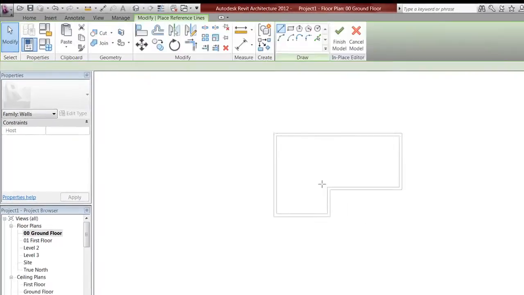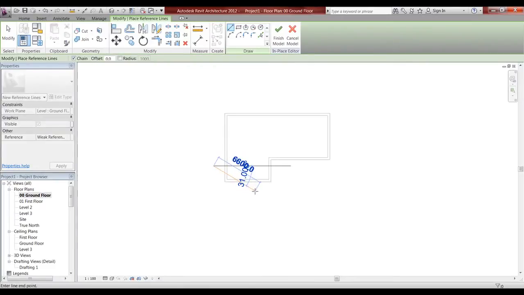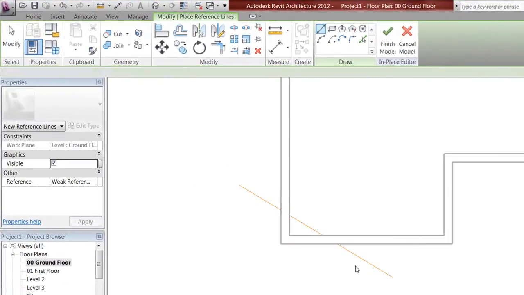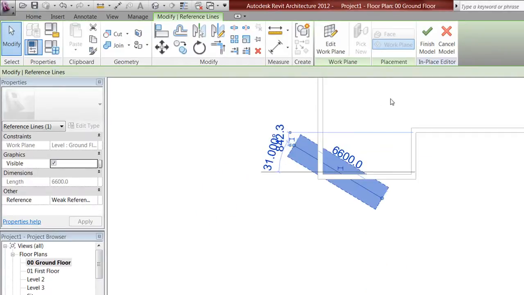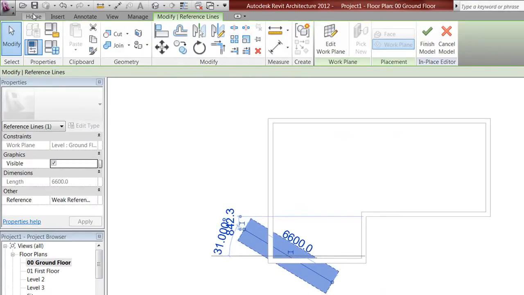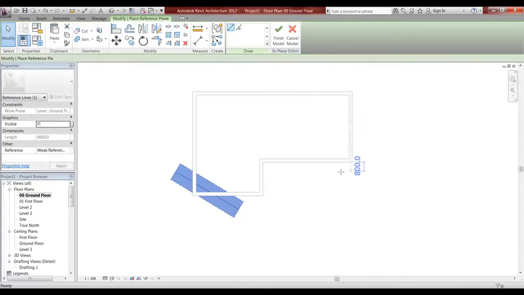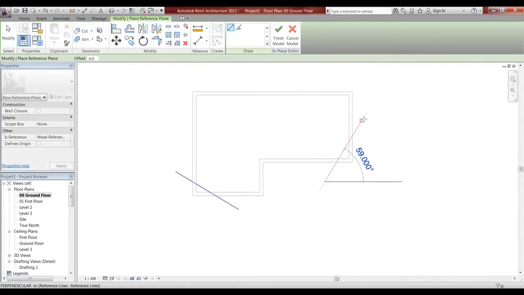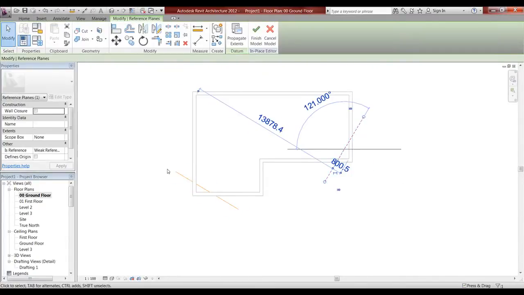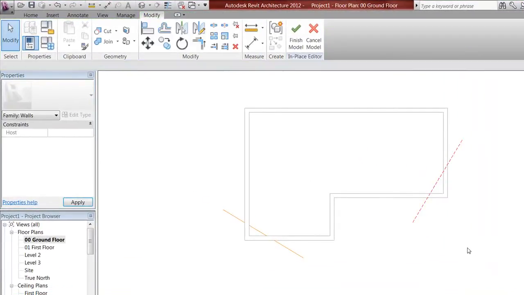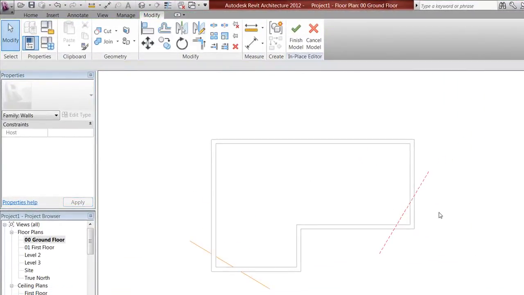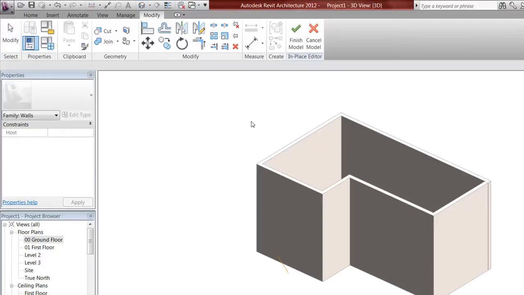And I'm going to click up the plane there. And I want to select a reference plane as well. You actually have to name the reference plane, so just call this 1. And the way you set them is go into 3D,